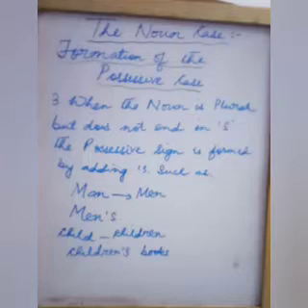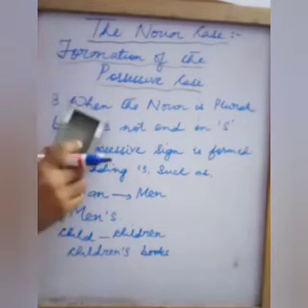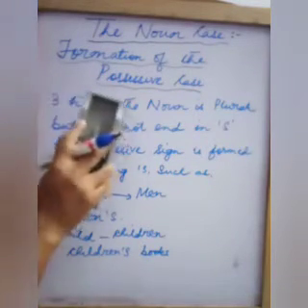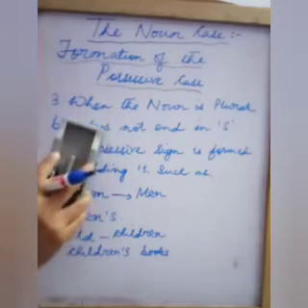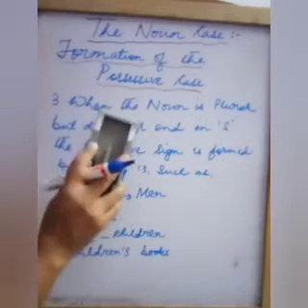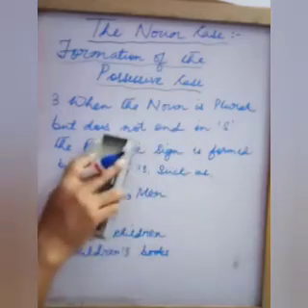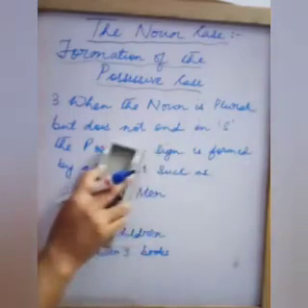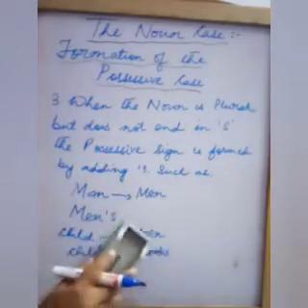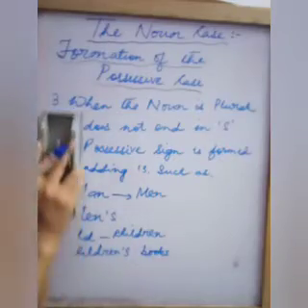Unclear? The previous one we had done: possessive noun which is a plural but ends with an s, and this is the noun which is plural but does not end with an s. Alright, so two different things.